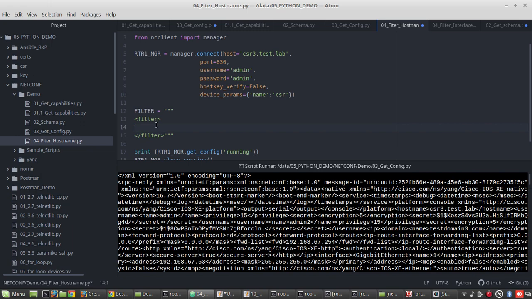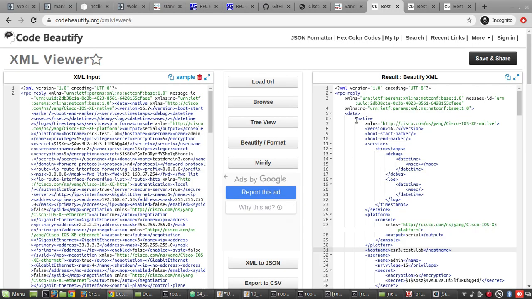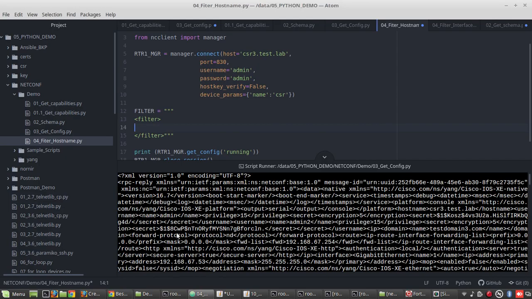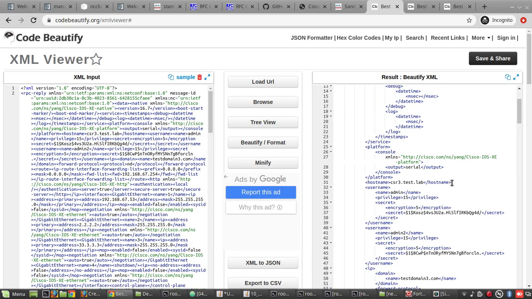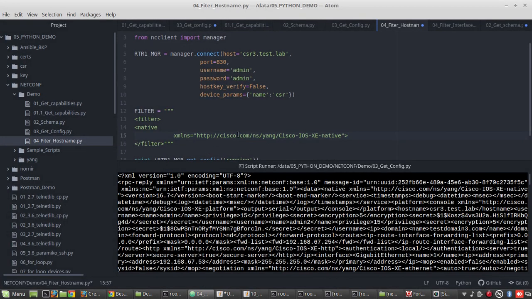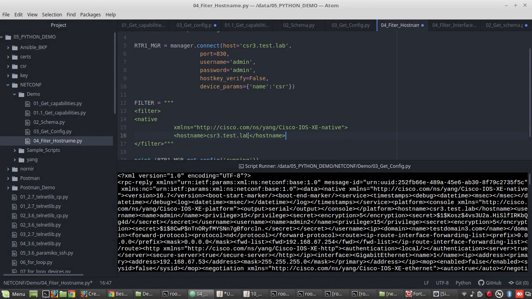Now we'll go and see the XML response. Yeah, it will be under native. So I'll copy this native, put it here. Then under that we need to filter the hostname. So I'll copy this, put it here.